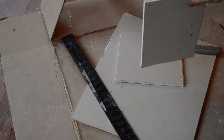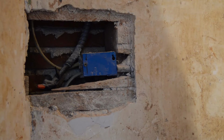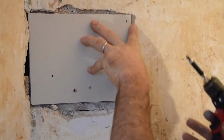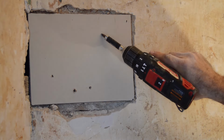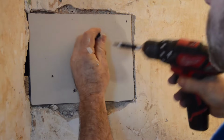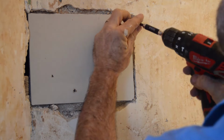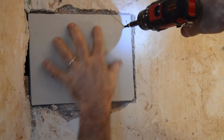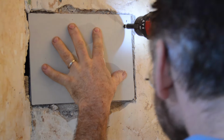Now let's put this in place. All we need are a couple of those sheetrock screws, and all I'm doing with the sheetrock here in this patch is putting it in place. Just 2 sheetrock screws will do. And when you screw that sheetrock screw down, you want to break the paper. You just want to have that head just below the paper so that it's depressed a bit, and the plaster